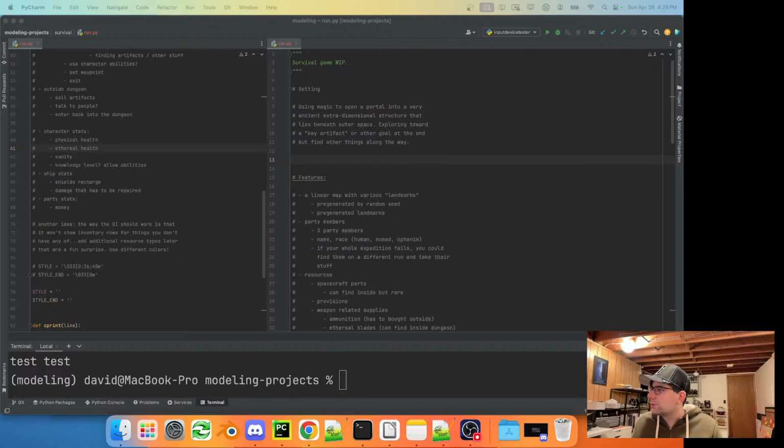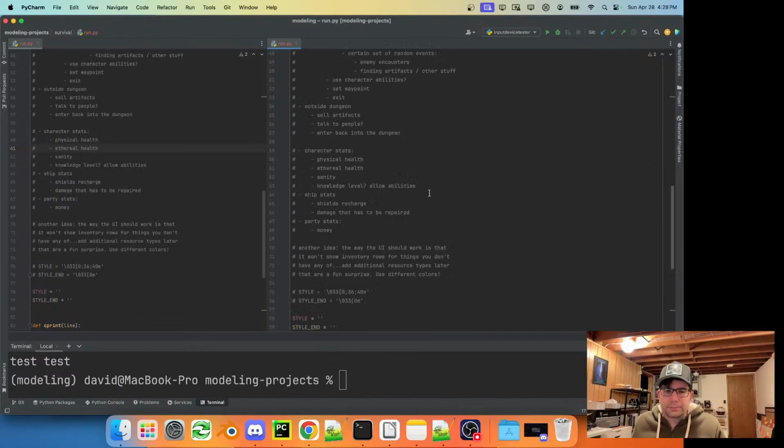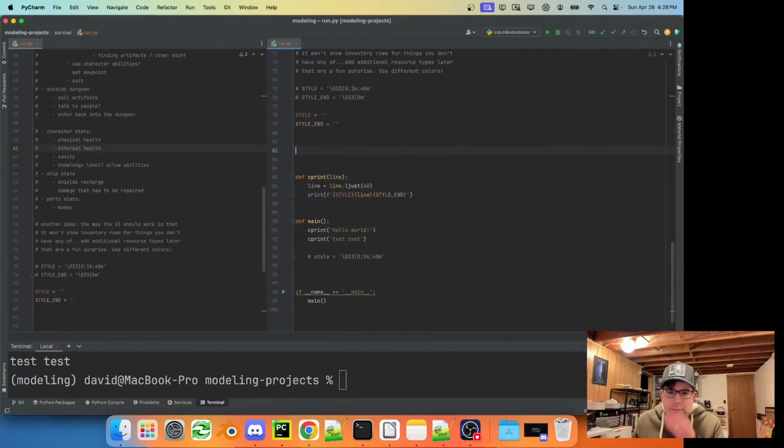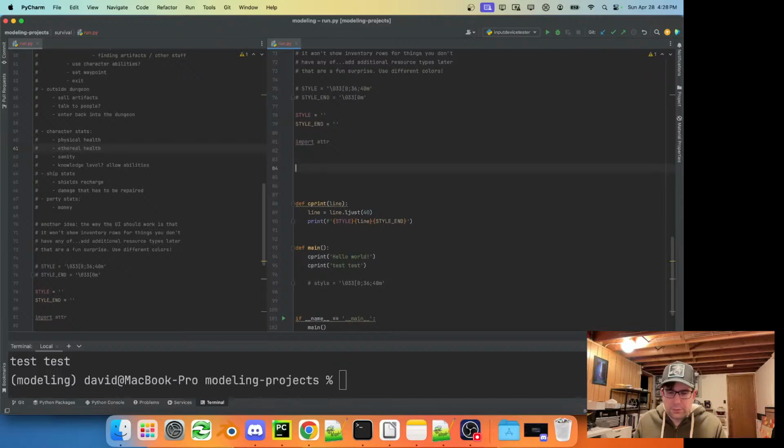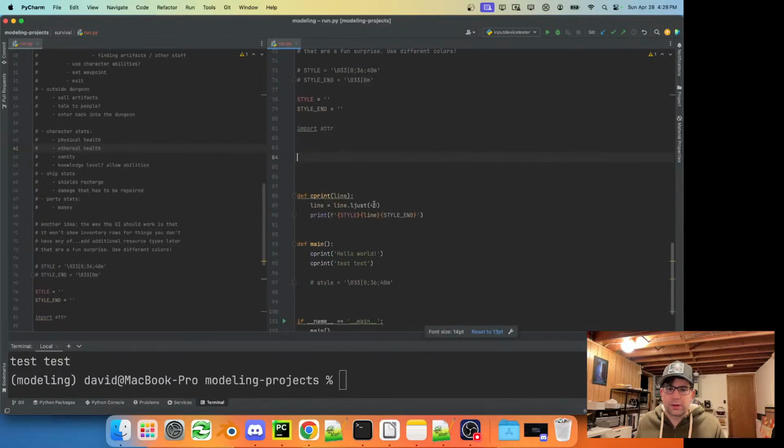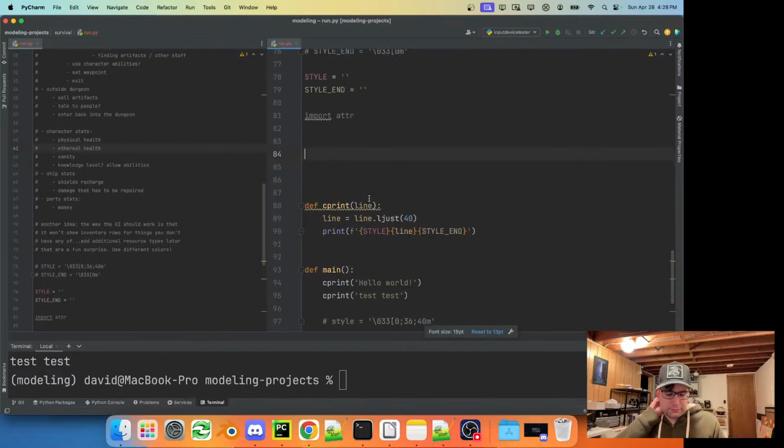Okay, so let's get started. First thing, I'm going to use this library called attrs for making the record types. This kind of functionality is built into Python, but I like attrs better.